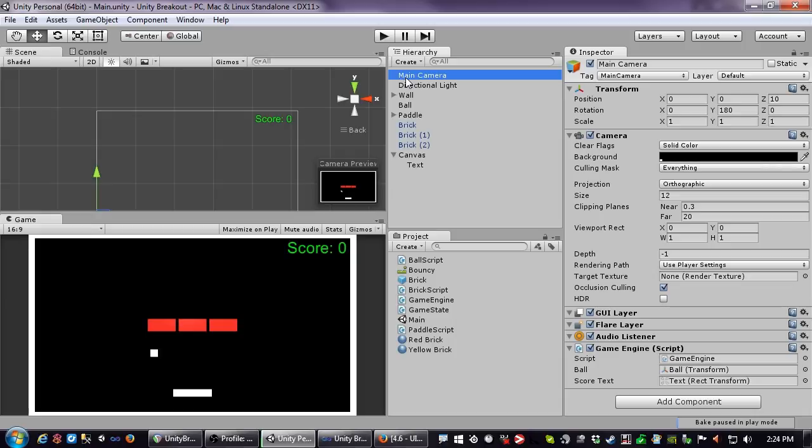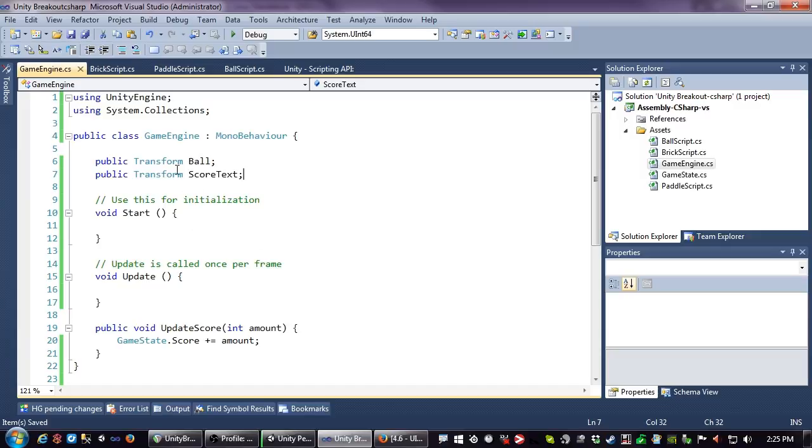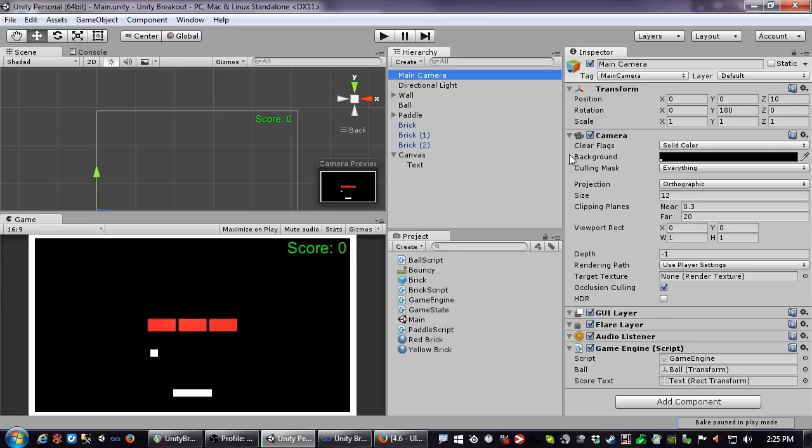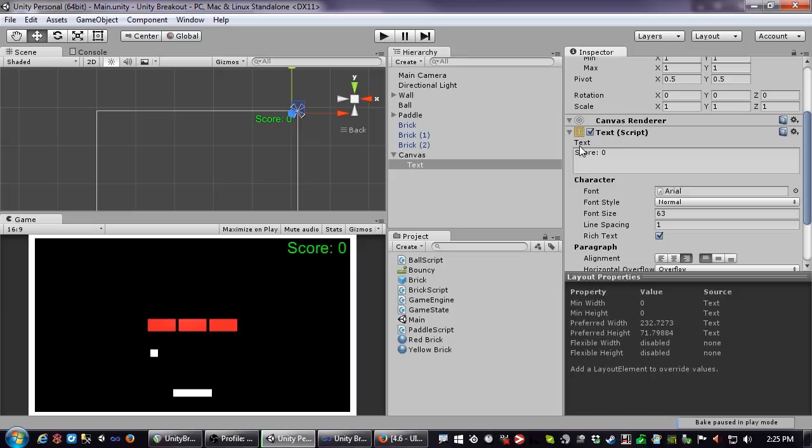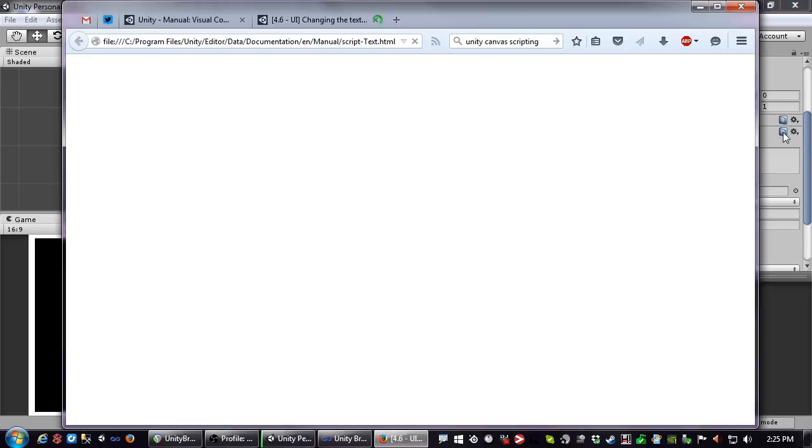So the next step here is to change this text. Now this score text is the transform object. We're going to need the component. So if we look here on the text, it lives as a text property in the text script. Sort of giving you a hint that this is just Unity script code. This isn't anything special in Unity. You could write everything that this control is doing. It's a script itself. I think if we hit our help,